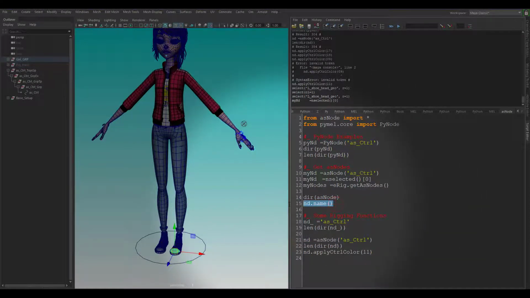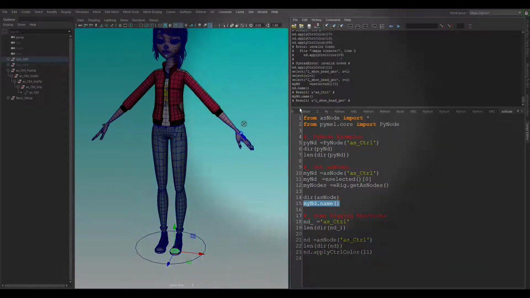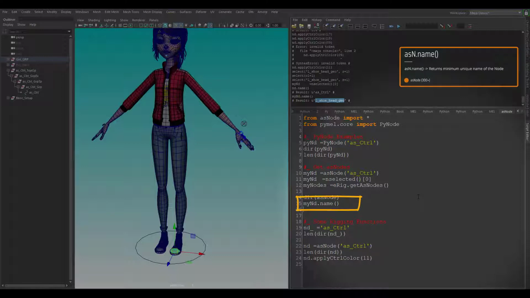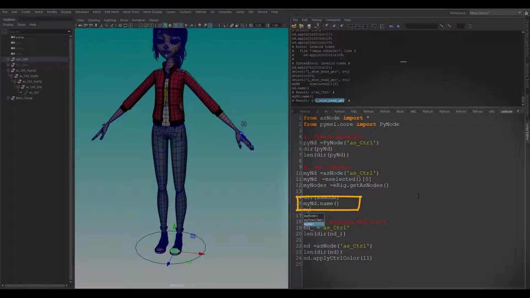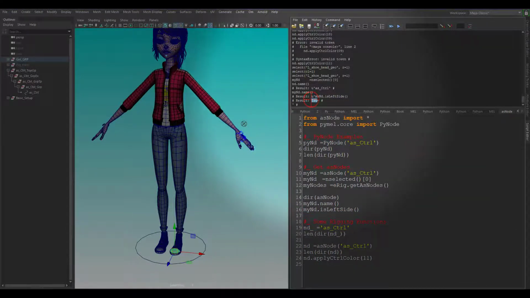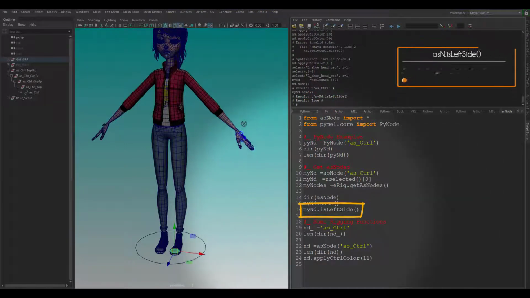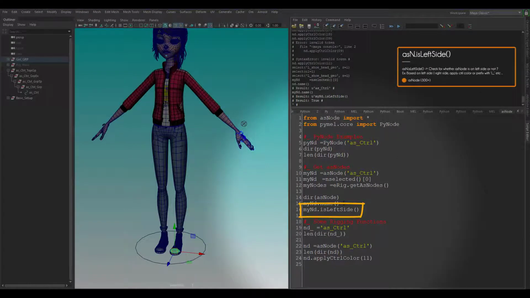Now I can query the name of the node, like SCG control. Now I can say my node name is like issue head geo. Now I can query whether my node falls on the left side or right side in the world space. So it's true. Similarly, I can do a lot of quality related checks. I can use this node as long as I need for a lot of functions which are related to the rigging